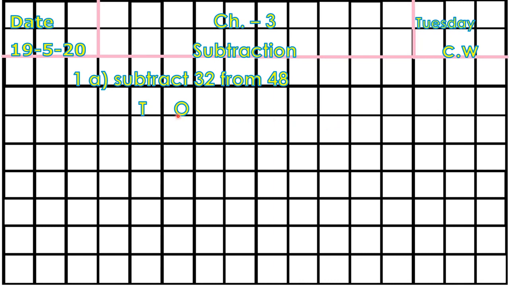Okay, and one column, one digit. So here 48 is given, so we will write 48 like this. 8 at ones place column and 4 at tens place column. Now we have to write 32 like this. Then we have to make these two lines, one upper part and one lower line. Then we have to put the sign of minus. Then we will start. And always remember बेटा, जैसे हमने addition में ones place से start किया था, यहाँ पर भी हमें ones place से ही start करना है.